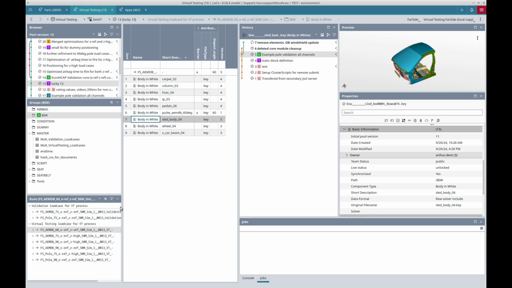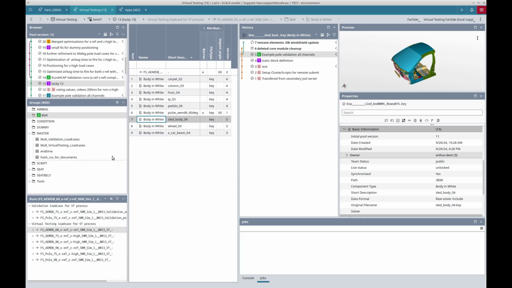There is a specific preset for the virtual testing use case, which shows corresponding groupings for the run configurations or corresponding columns for the components that I want to see. Here is where the user or the simulation engineer develops the model or works on the input data.